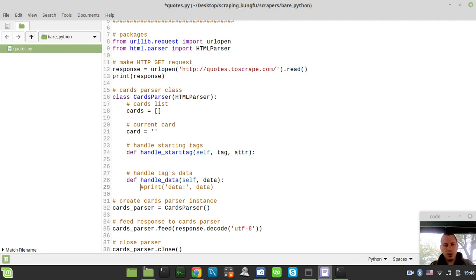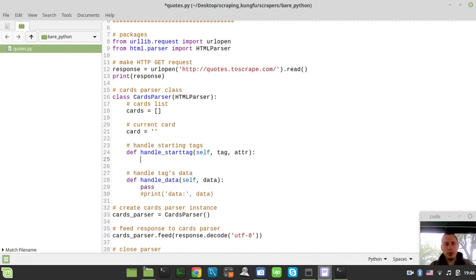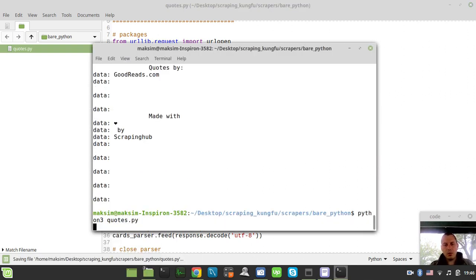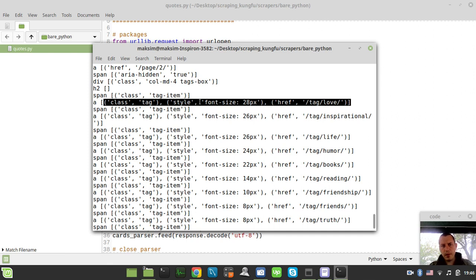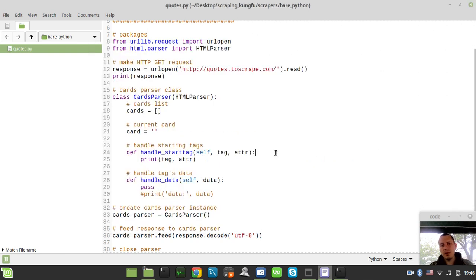Before I actually go in there, let me just show you one little trick here. If we're just trying to print the tag and the attribute, then we'll see all the tag names we encounter followed by the list of tuples with the corresponding tag element. But this time I want slightly different things, so instead of all this stuff, I just want to print self and